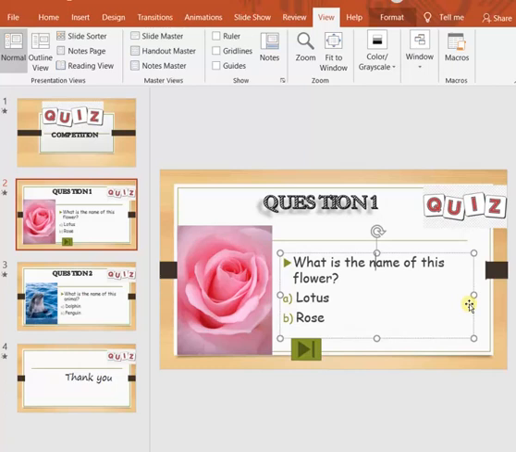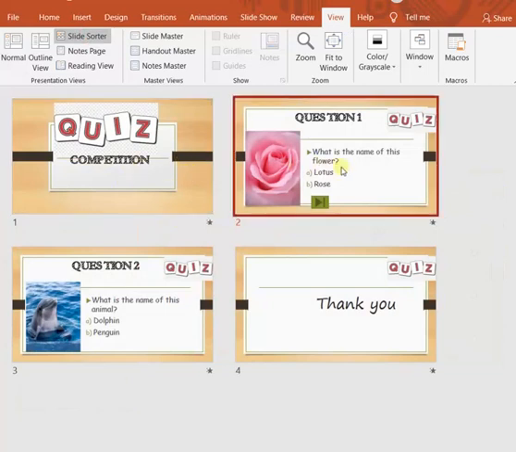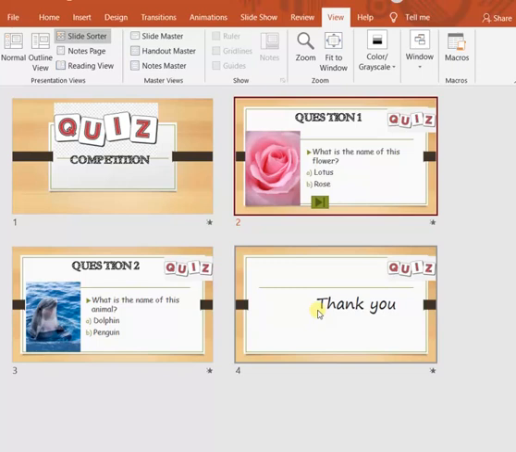Next is slide sorter view. You will get the slide sorter view from here. In slide sorter view, you can see all the slides of your presentation on the screen at a reduced scale. If I click on it, you see all the slides that are present in our presentation.